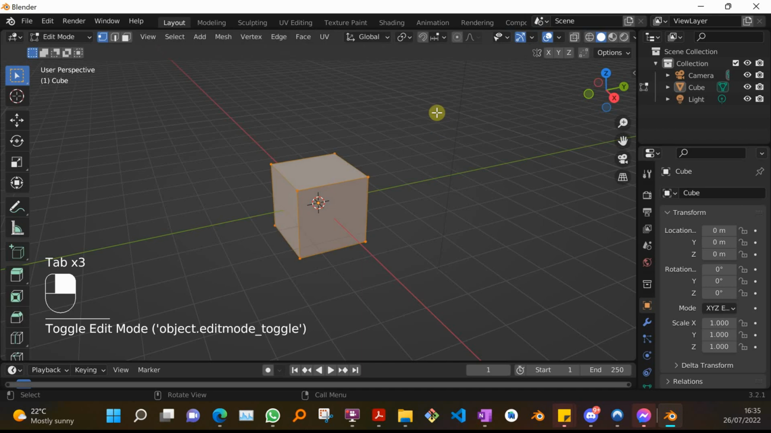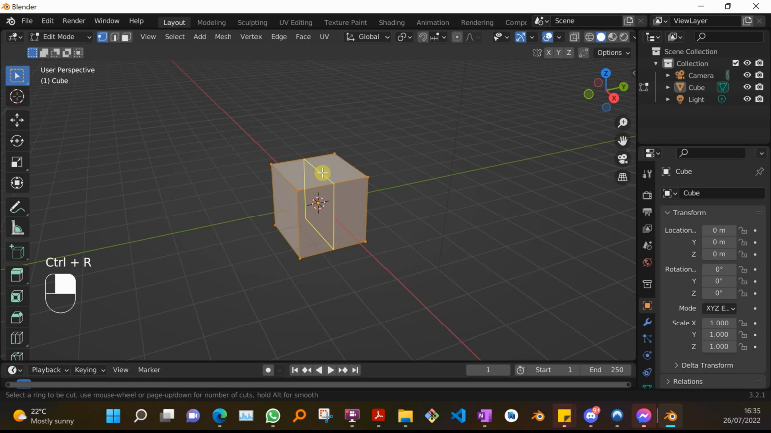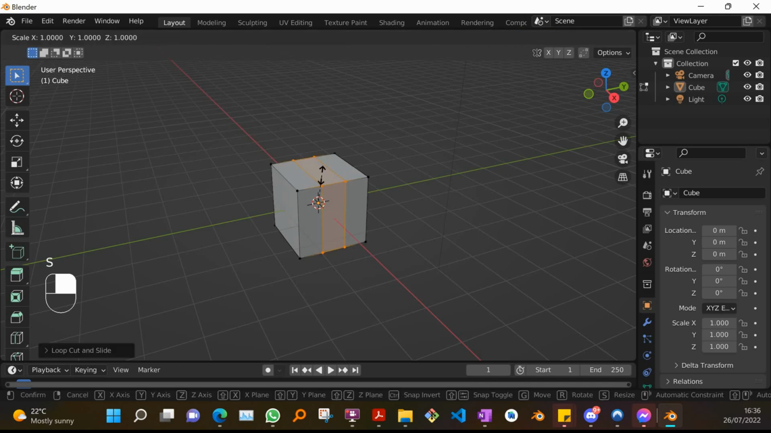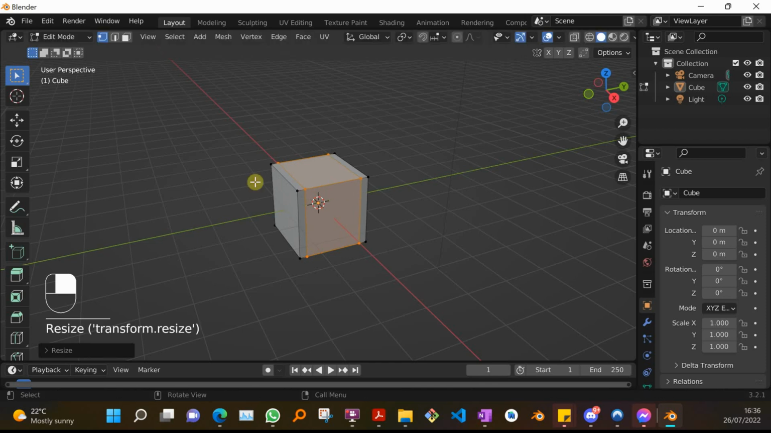Okay, toggle into edit, and then we're going to do a Control R to apply and slide for two cuts, and then I'm going to slide that along, scale along the y-axis. There we go. And let's say it's good enough, and I click again, and then this time again we'll do